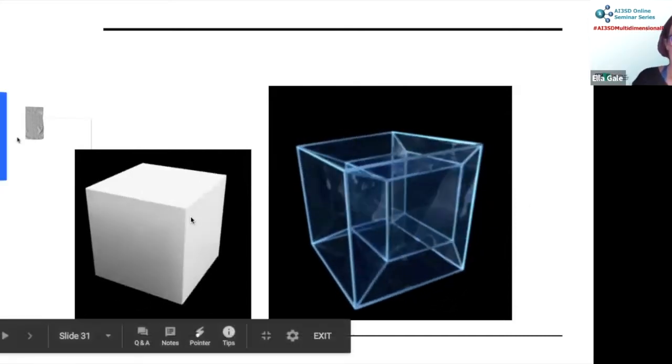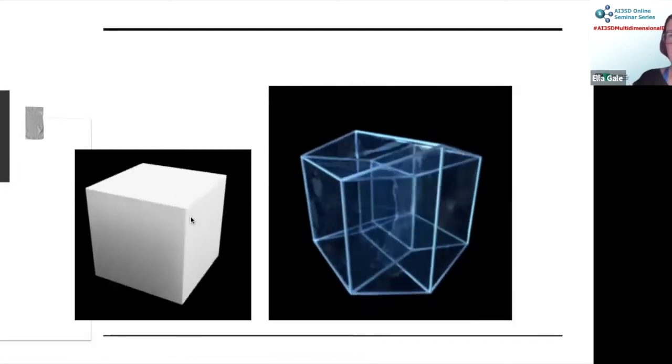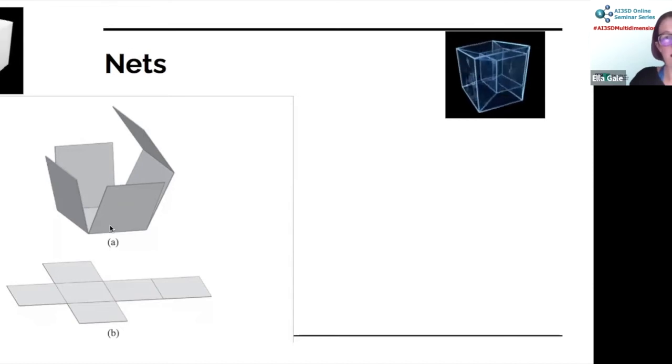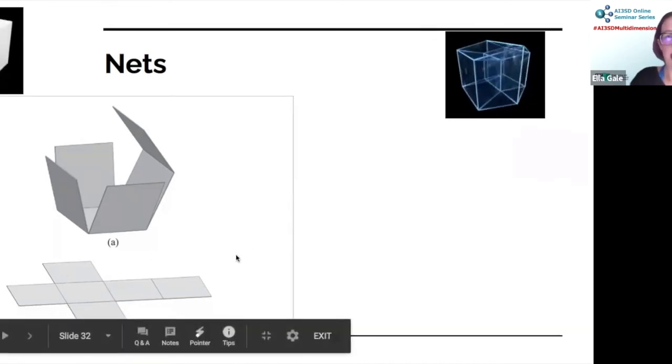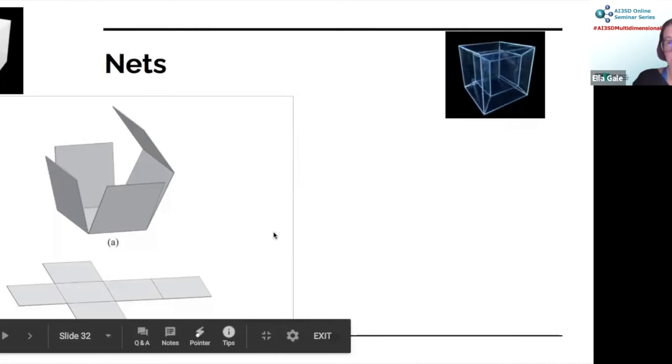Just like this cube is spinning because you've walked around a cube, taking 2D pictures and putting them together. Another way of thinking of it is how you unfold these objects. A 3-dimensional cube can be unfolded into a 2D net. I mentioned nets earlier with the icosahedron unfolding. This is the same thing. We have a solid object, we can unfold it.